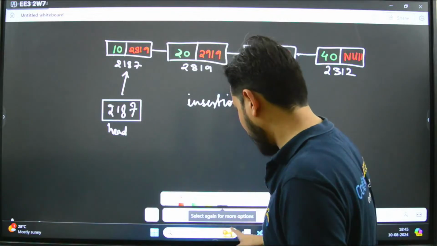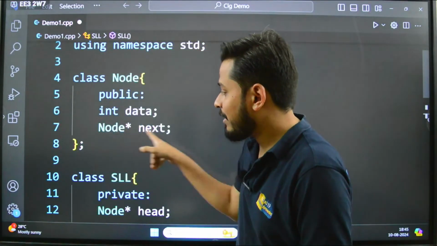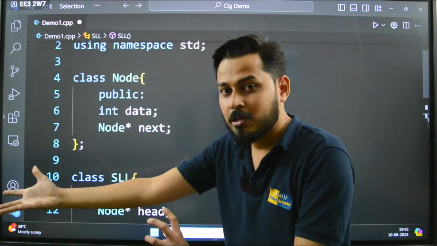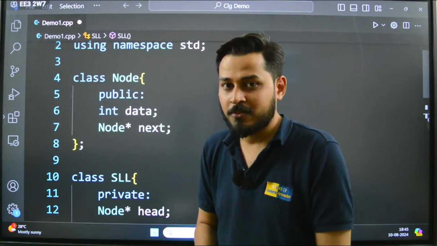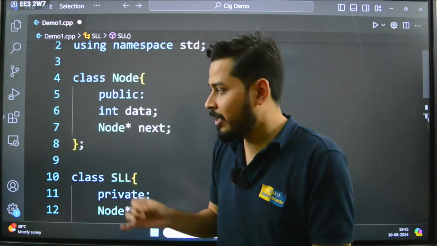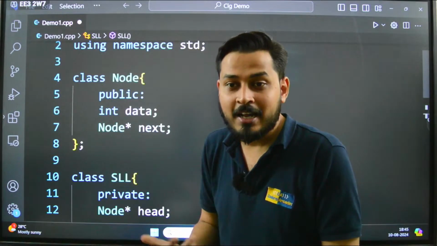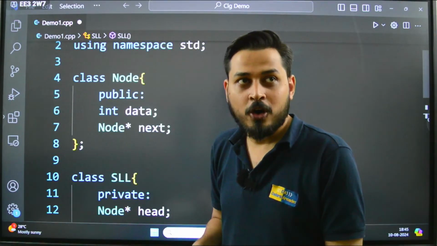Understood the point? What I am trying to say is that node star next, which I have written, is a pointer which is pointing towards the next coming node. Imagine why I have taken node star as the data type of this pointer. I could have created int star next, or I could have created float star next, but why have I taken node star next? Because